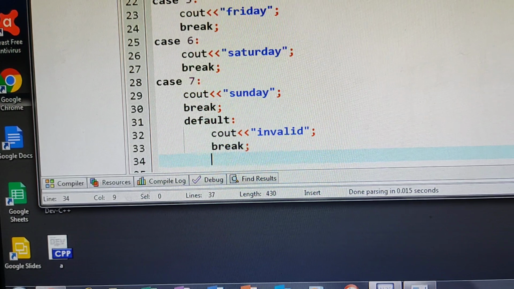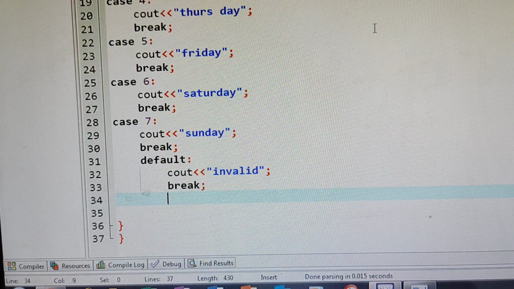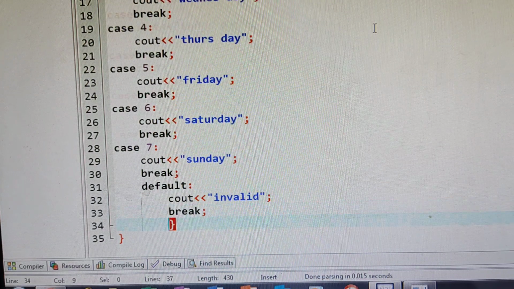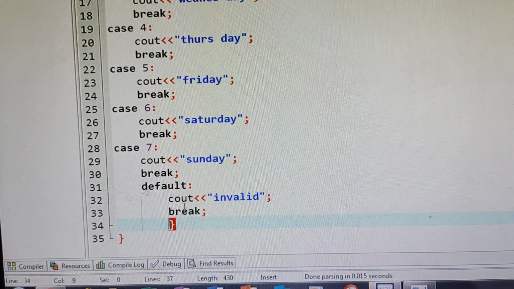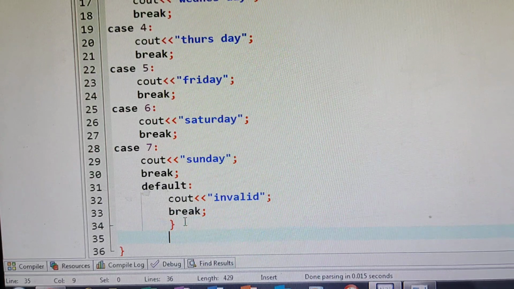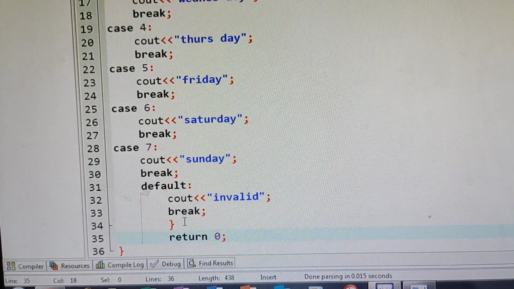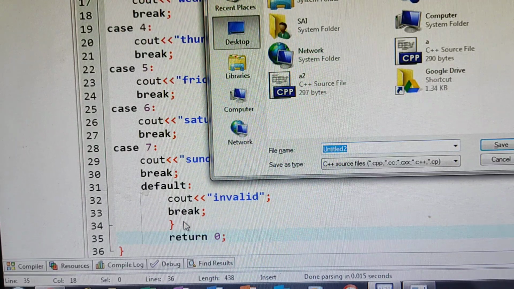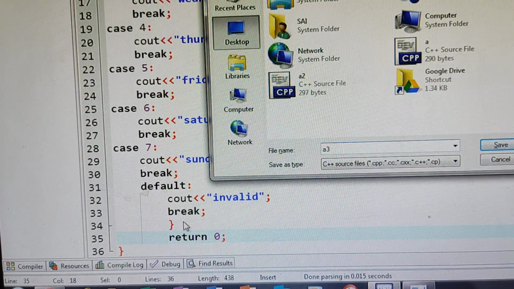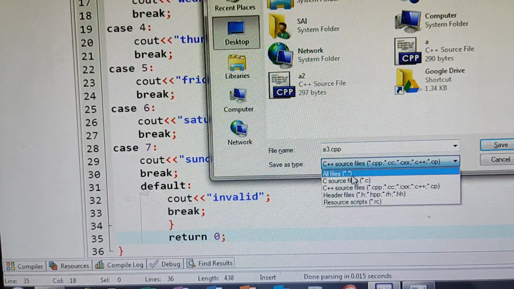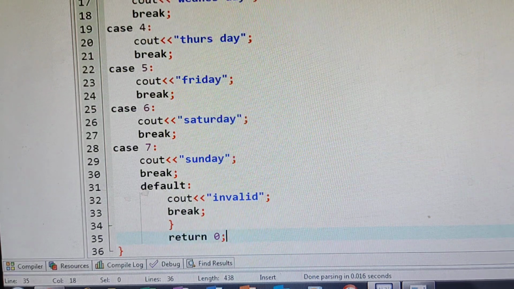At last, the braces are already there. This is for the switch, and here you give return 0. Save it. I am giving the name as a3.cpp and it should be all files save.